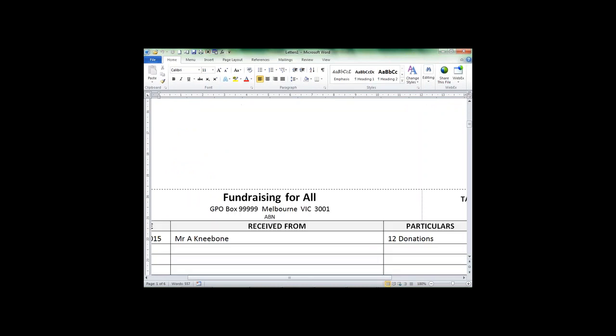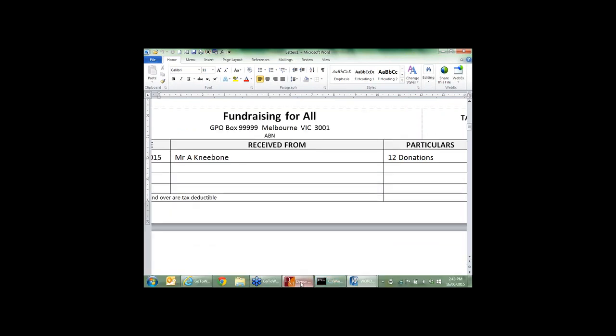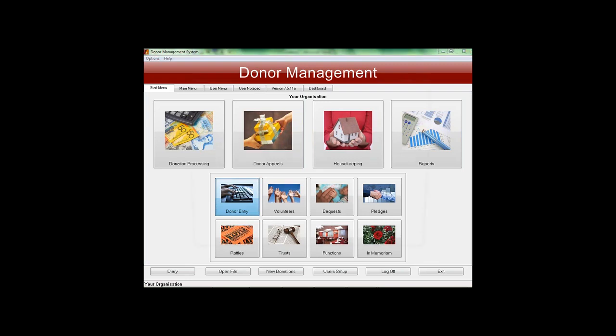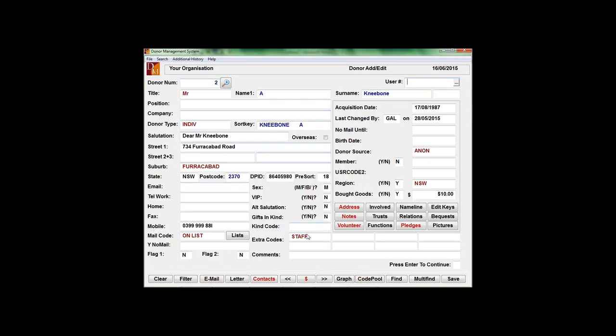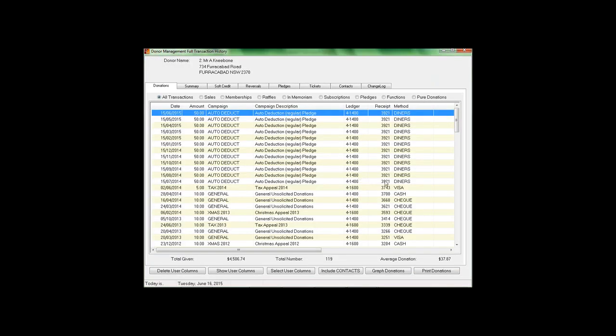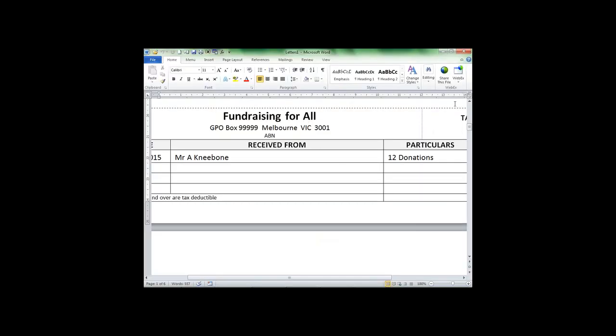But in this case, everything looks the same, but if I go back to Donman now, and back to my donor record, look at their history again, I can now see all of these transactions have all got the one receipt number. So that's the big difference between doing the test run and the live run. The test run won't upset the donations, so I can get my document set up if I need to. Certainly if I say no to a test run, it's now going to allocate receipt numbers to those donations,